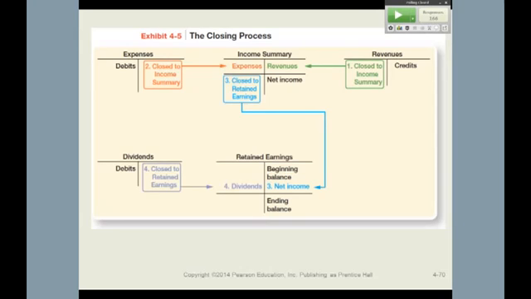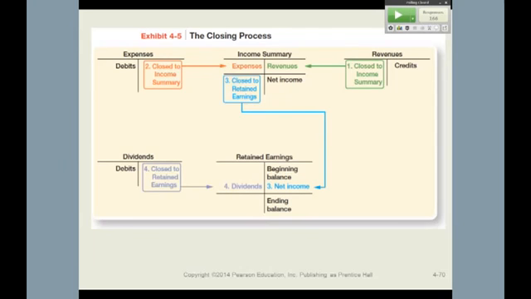And that's a critical piece of information for your understanding with respect to all permanent accounts, not just retained earnings. All permanent accounts operate that way. I'm going to go through an example with you using that travel agency illustration in just a moment. Of course, in the slides, you've got another illustration just like this without numbers, but I think it's important for you to see the numbers on how this works.